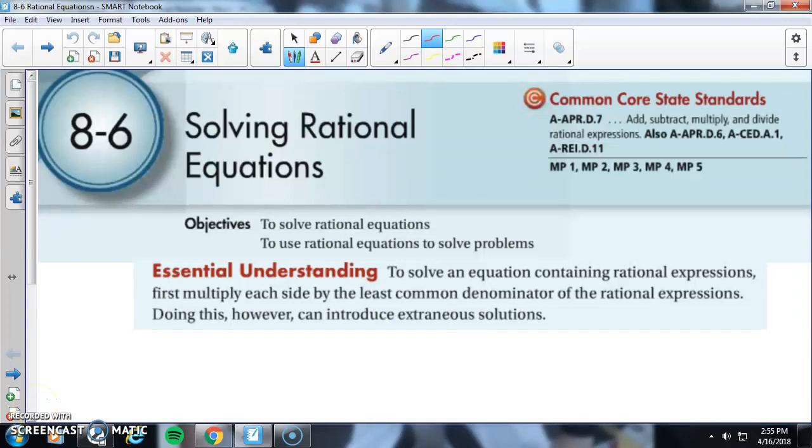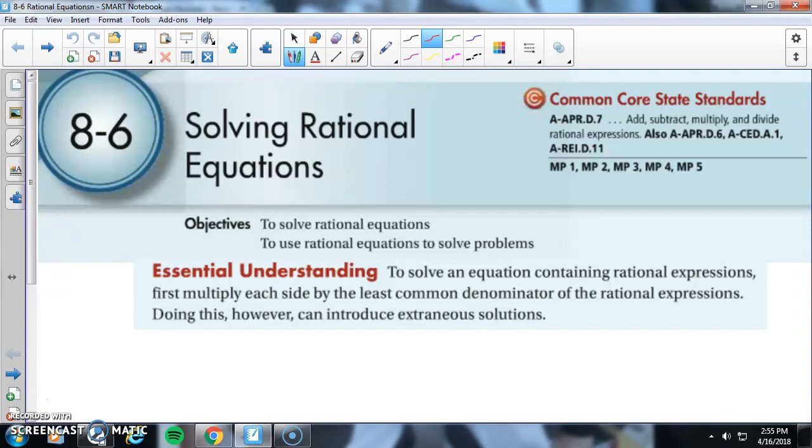Hey guys, today we're going to do 8-6, solving rational equations. Objectives. You will be able to solve rational equations and you will be able to use rational equations to solve problems. Essential understanding. To solve an equation containing rational expressions, first multiply each side by the least common denominator of